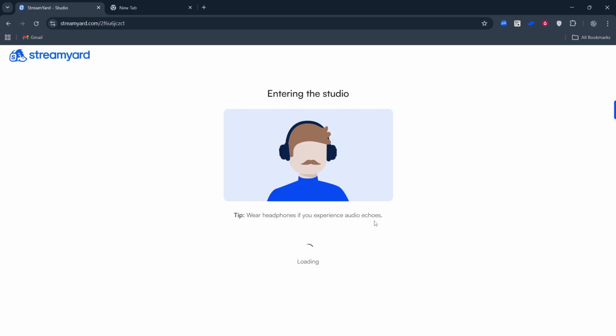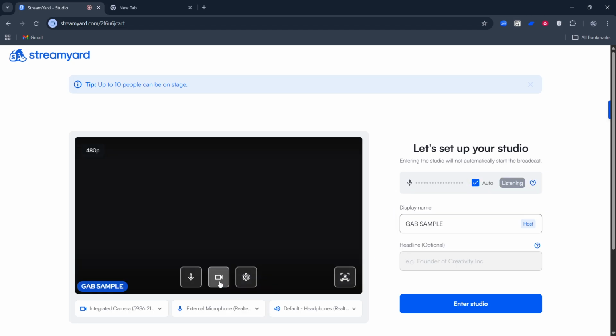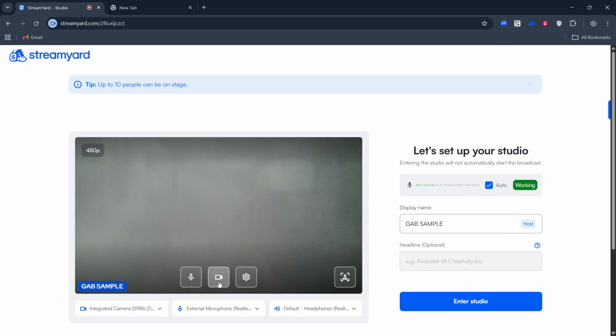In the Permissions panel, set Camera to Allow and set Microphone to Allow. These settings tell your browser it's okay to share your devices with StreamYard. StreamYard needs permission to access your devices, and if either one is blocked, your video or audio won't show up, even if everything else is correct.